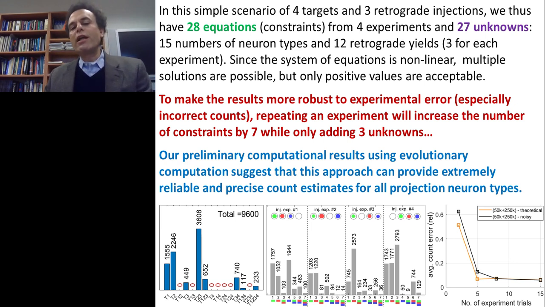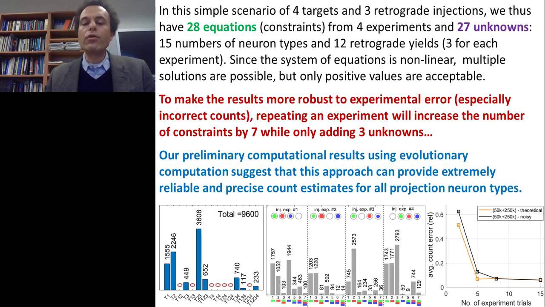So we did computational analysis of this using an evolutionary algorithm and surrogate data. And these data suggest that, in fact, we can reconstruct the correct pattern of data robustly in a variety of different scenarios and with minimal error, meaning error below 5% on the count, and with a limited number of experiments, approximately